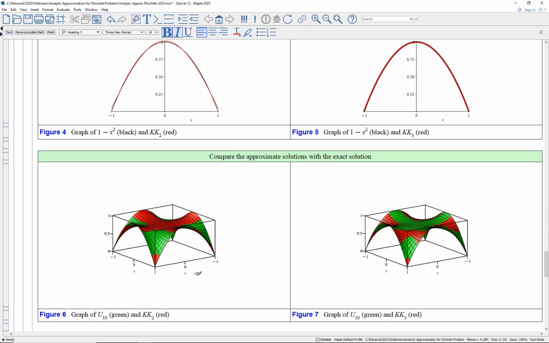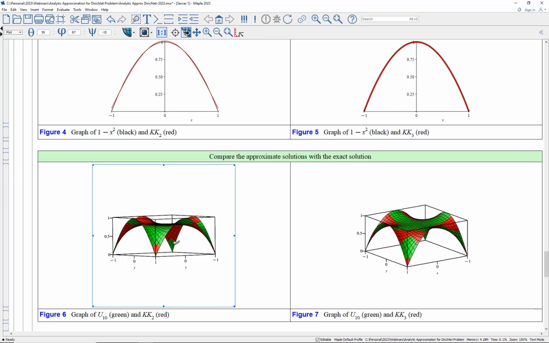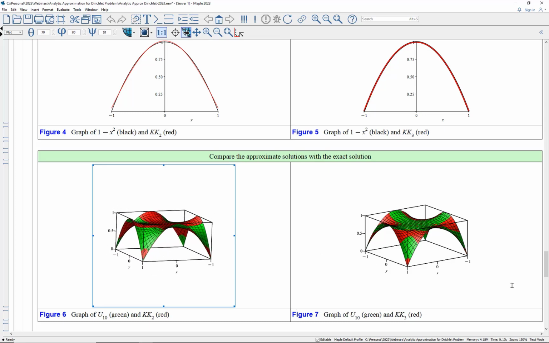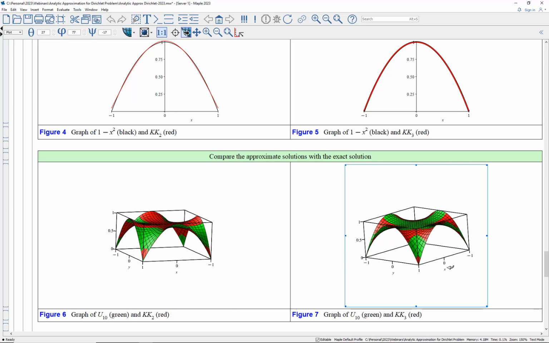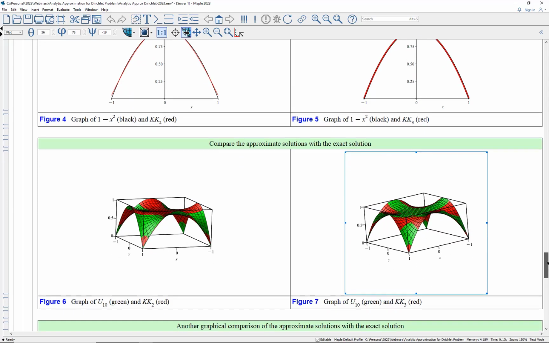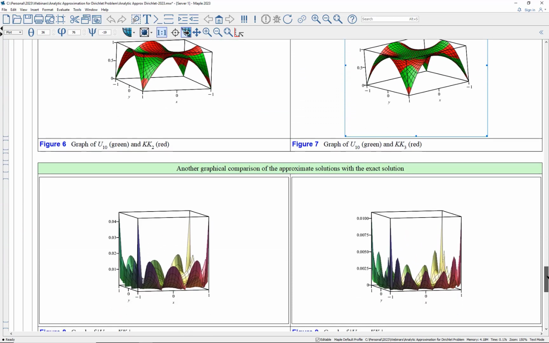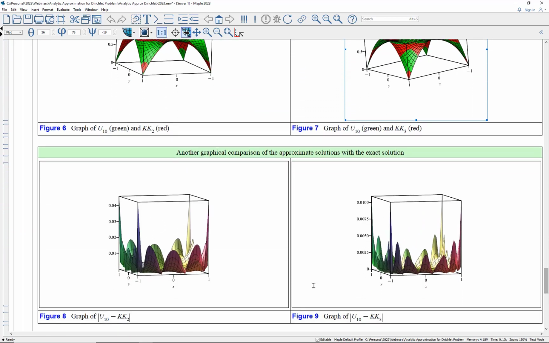This is the solution surface. U10 is in green, and the two-term approximation is in red, and they're intermingled. They're close, they're intermingled. And this U10 and the three-term approximation, again, close and intermingled. Let's get some numbers. This is a graph of the absolute value of the difference between U10, which is our